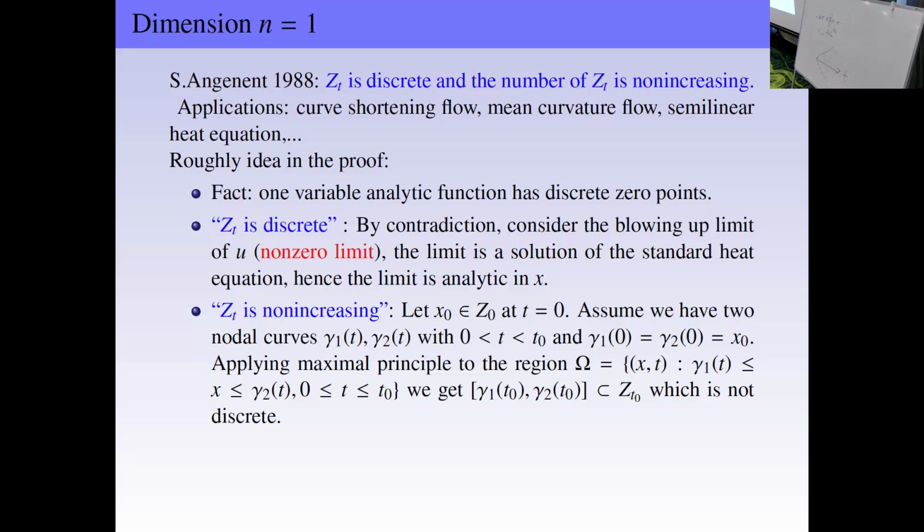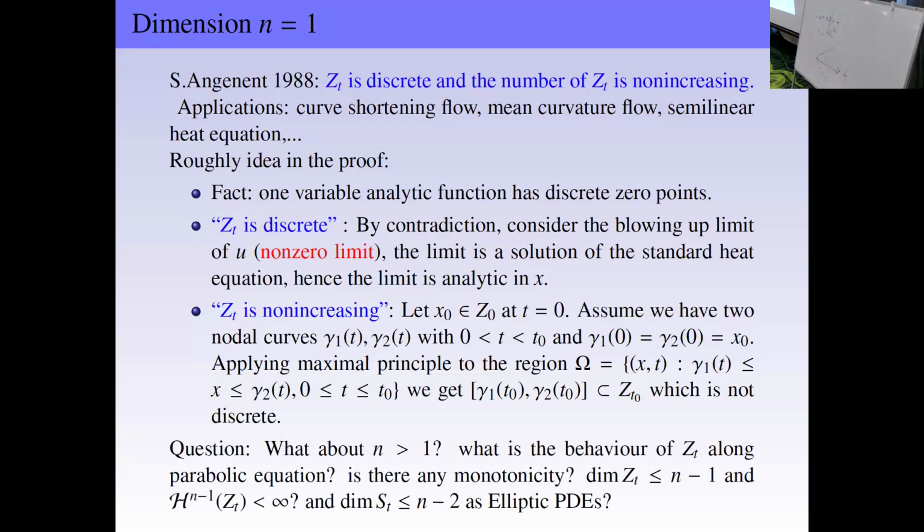That will be a contradiction, right? Since we showed that at each time slice the nodal set is discrete, using the maximum principle we see that the whole interval is nodal. So we can see from the proof that it highly depends on the dimension 1 case. For higher dimension,